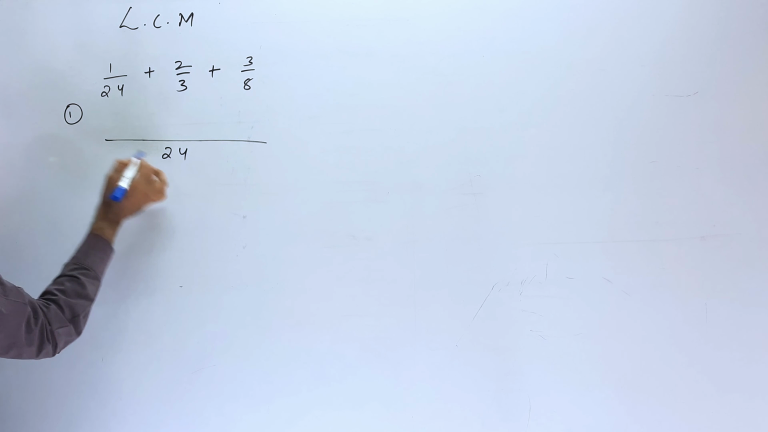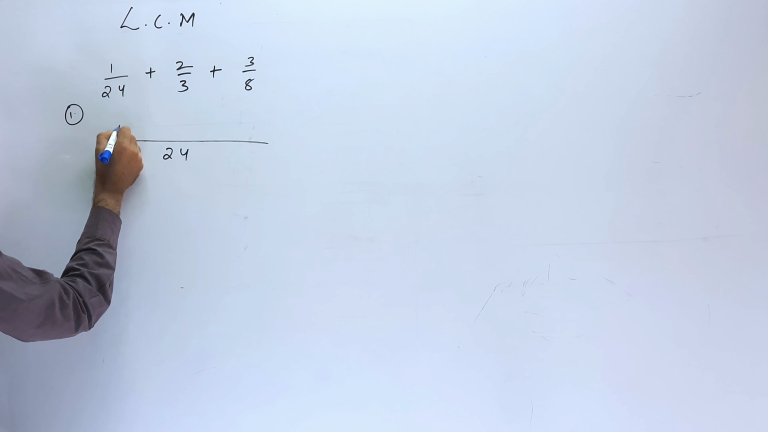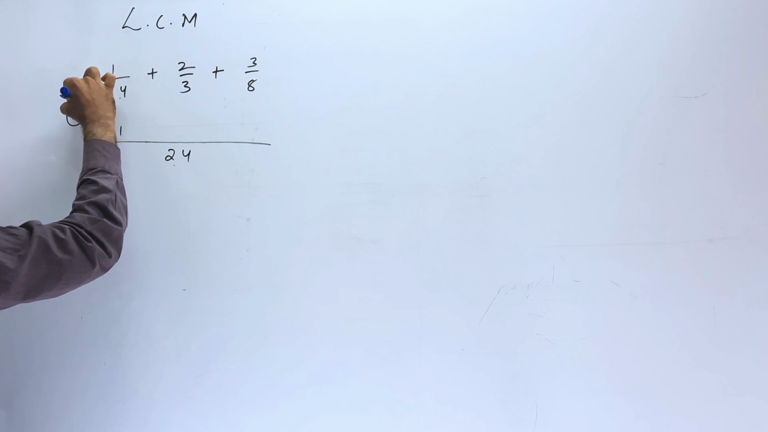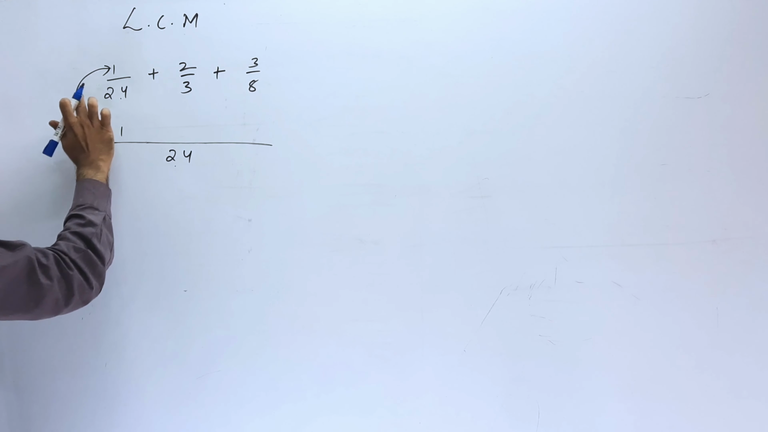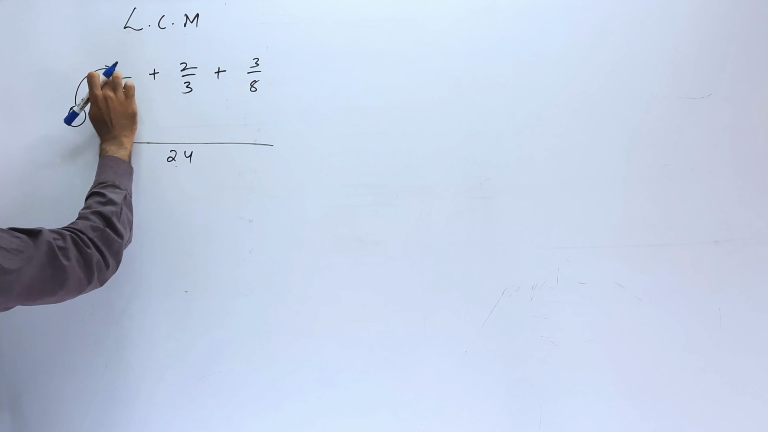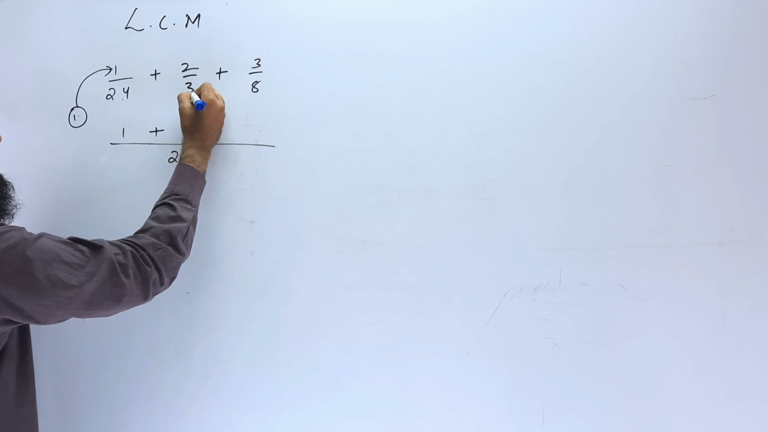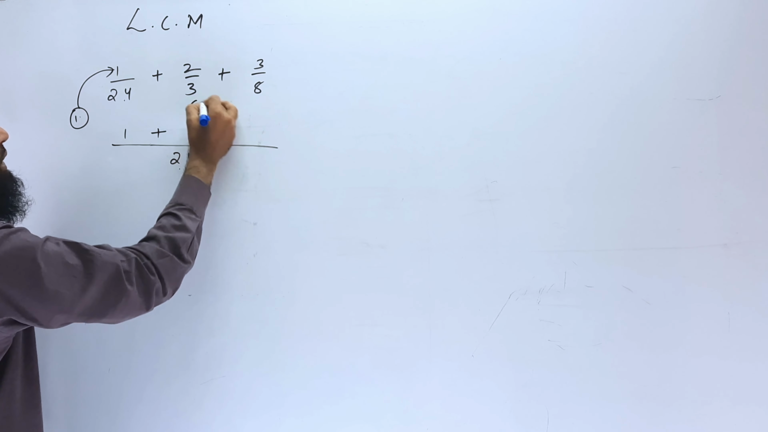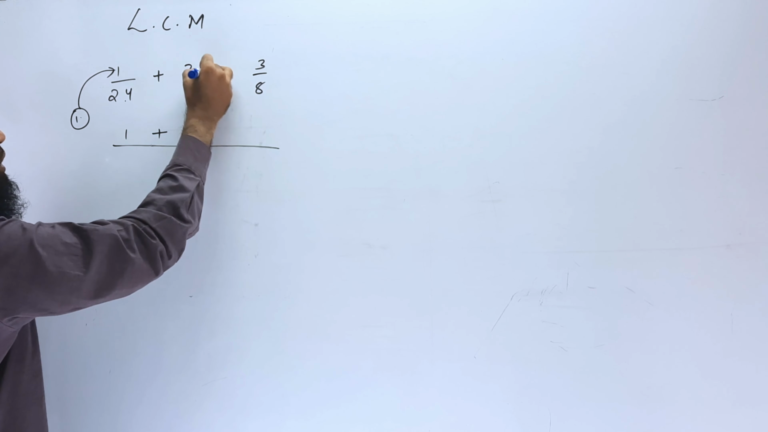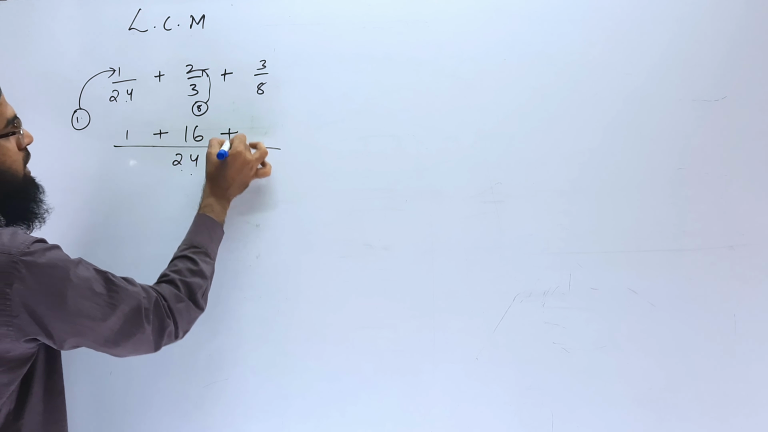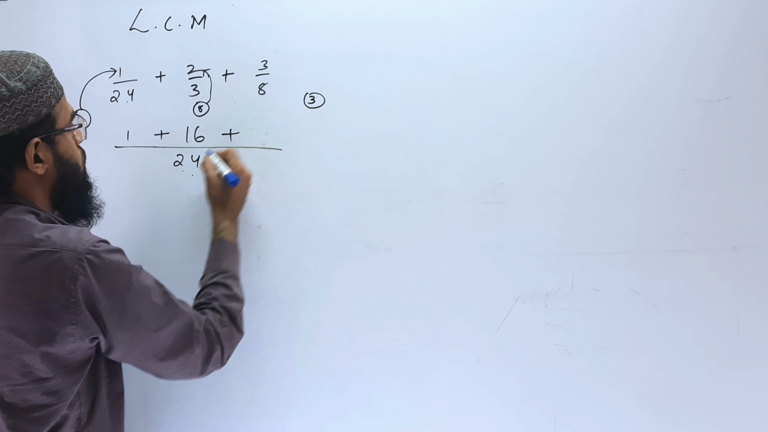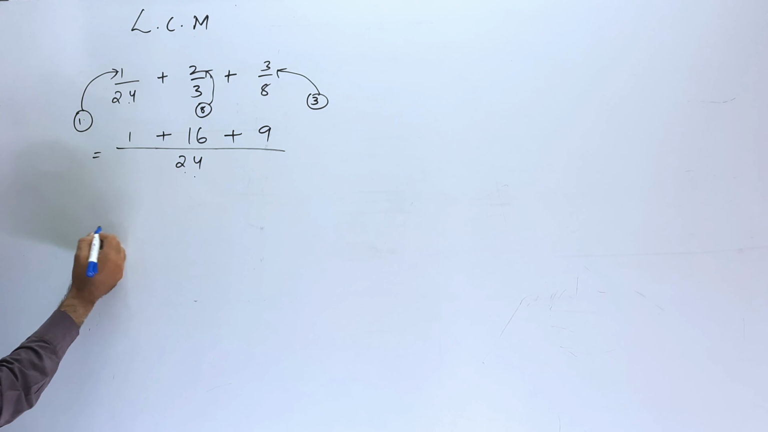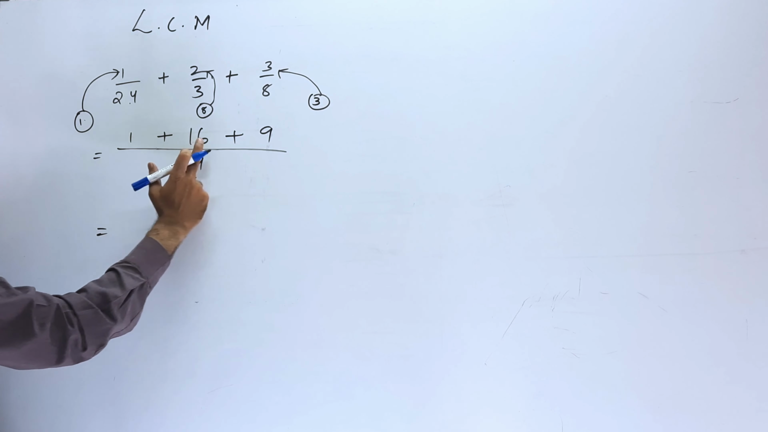24 ones are 24. So 1 ones are 1. First 24 ones are 24. Then next we have to multiply this with the numerator. 24 ones are 24, 1 ones are 1. Next 3. In 3 table, where do we get 24? So 3 8s are 24. 8 2s are 16 plus 8 3s are 24. So 3 3s are 9. 9 plus 1 is 10. 10 plus